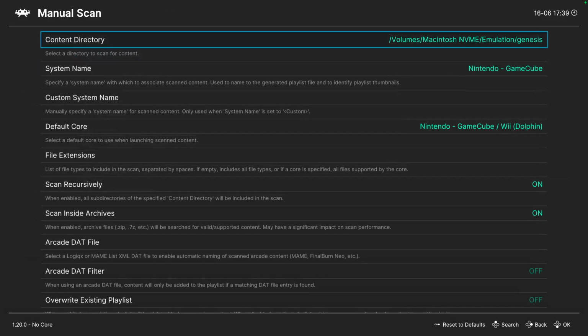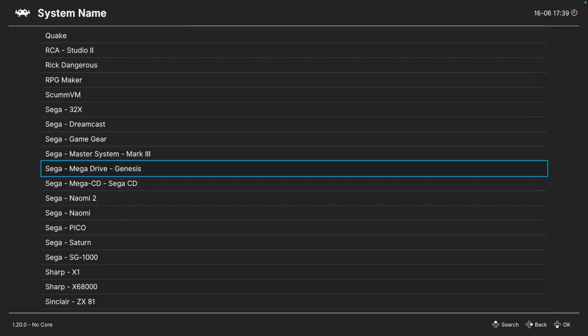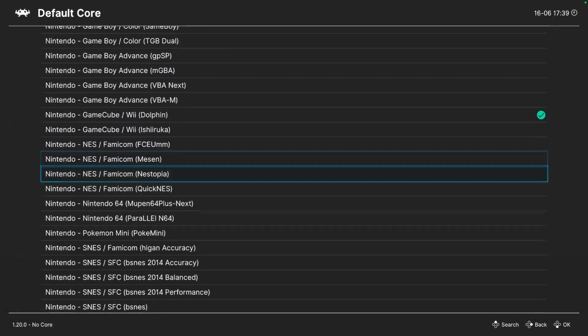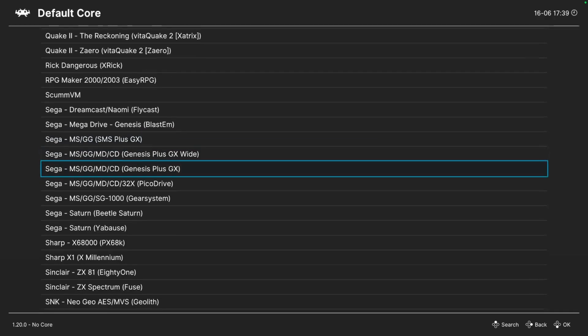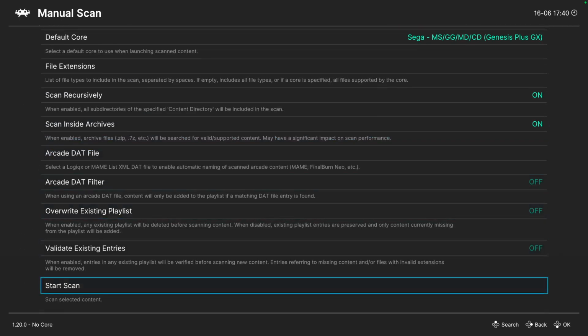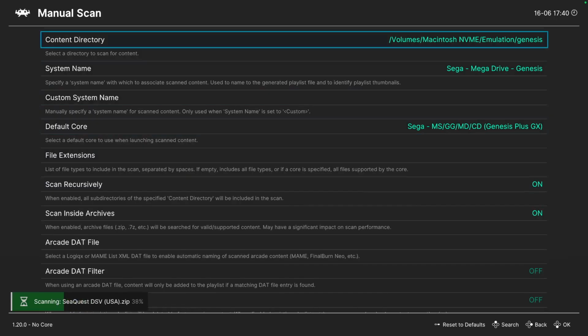Genesis, system name Sega Genesis, Sega Mega Drive, Genesis, and Sega, because it really is a very nice way to, let me see, I think the Picodrive or the Genesis Plus GX or GX Wide, yeah, so let's scan, and of course a lot of the subdirectories with all the games listed with genre and publication and that sort of thing actually gets lost when you scan it in like this. It does multi-thread, so